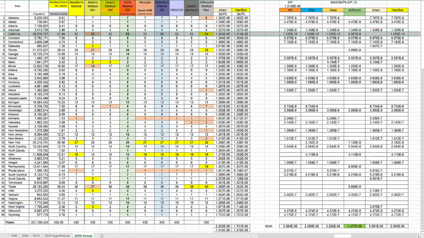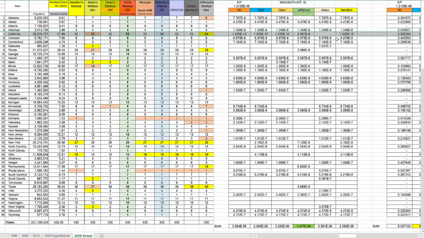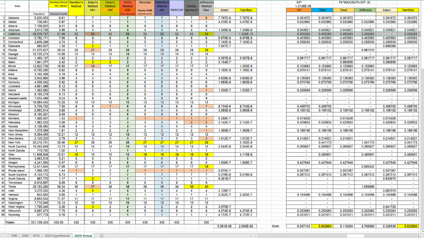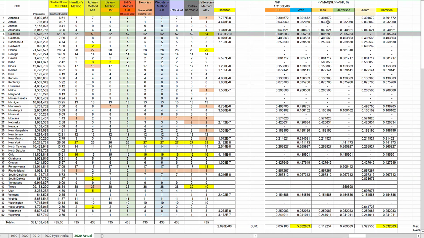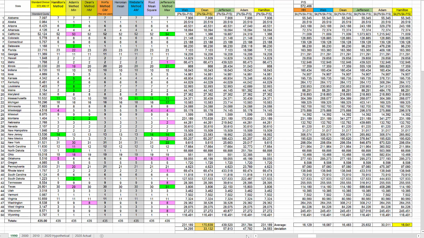But if you multiply how many people were overrepresented, so multiply this quantity by the number of people, Hamilton will win. Right? So with Jefferson, you can kind of overrepresent California, but it only counts once. But now if you say, well, there's this many people, I forget, there's 40 million roughly people in California, then taking that into account, Hamilton will win. And again, Hamilton and Webster have the same apportionment here, but if we compare to 1990,